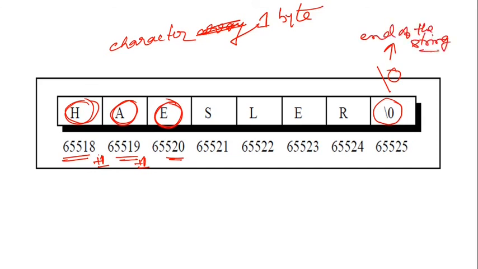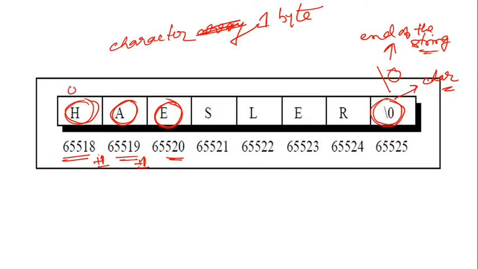See, in case of C, it is difficult to get the end of the string. In Python we have the len function, but here in C, if I ask you to find the length of this string, it is not that easy. You have to write code for that. So how do we know the termination of the string? Only when it encounters \0, which is a character, will you assume that it is the end of the string.